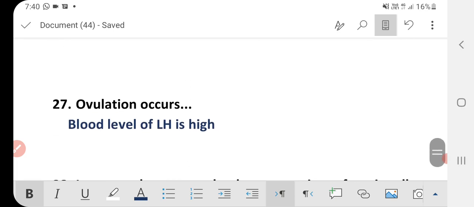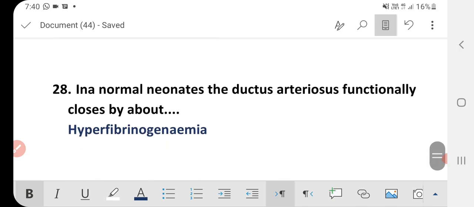27th, ovulation occurs when the blood level of LH is high. 28th, in normal neonates, the ductus arteriosus functionally closes by about